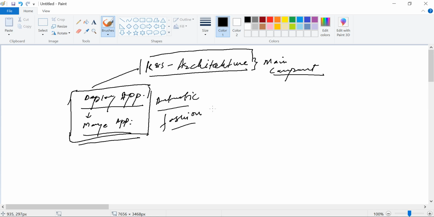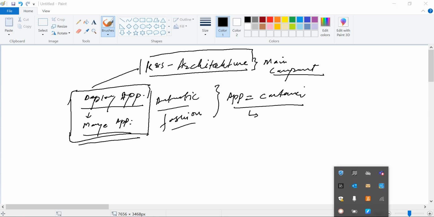We deploy instances of your application in the form of containers, because Kubernetes uses containers behind the scenes. So you can launch as many containers as per your demand, as per your possibilities.